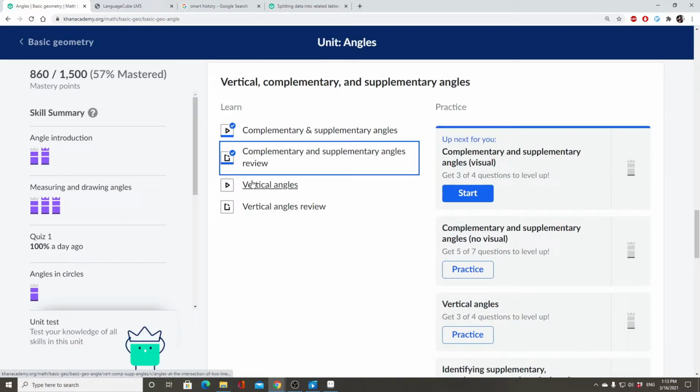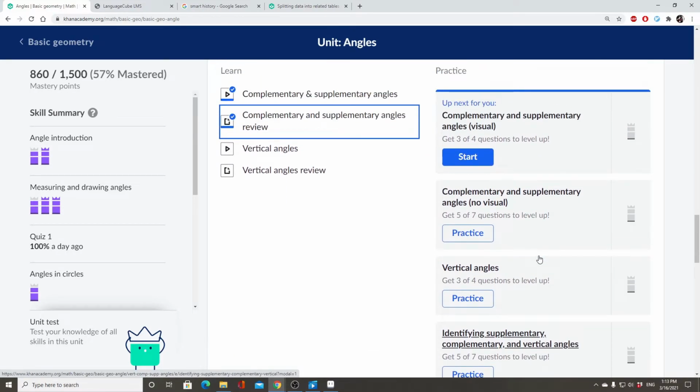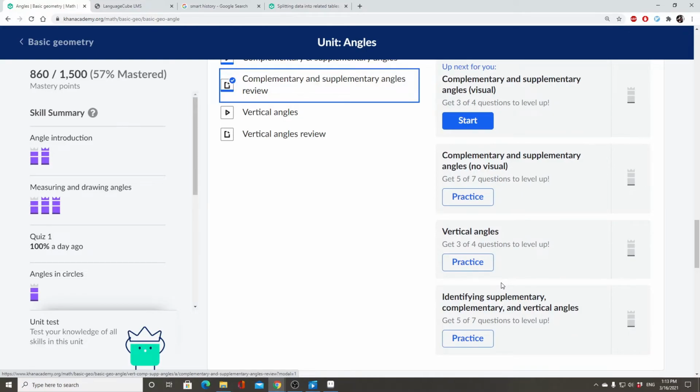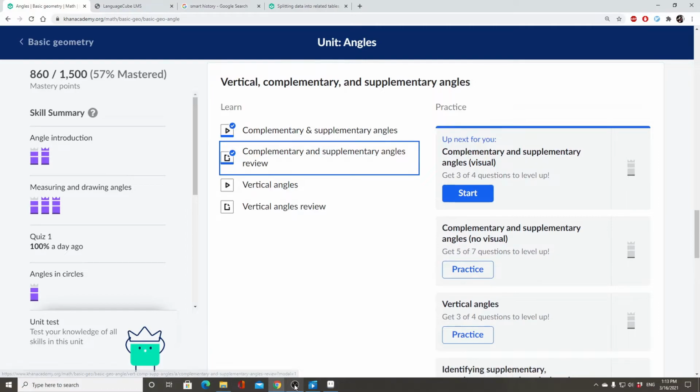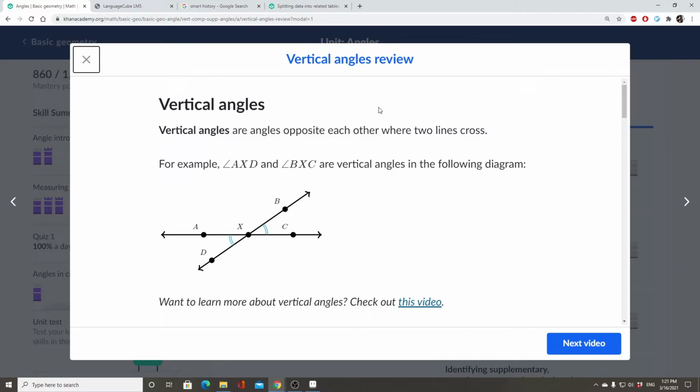Okay, so we finished this review, and I'm going to watch the vertical angles video, and then we'll come back with the vertical angles review, and then if there's time, we'll get through these quizzes. I don't think this will take too long. Again, this is pretty rudimentary stuff, so I'm sure we'll get some challenges later on. All right, so back again. Oh yeah, I gotta close my recorder here.